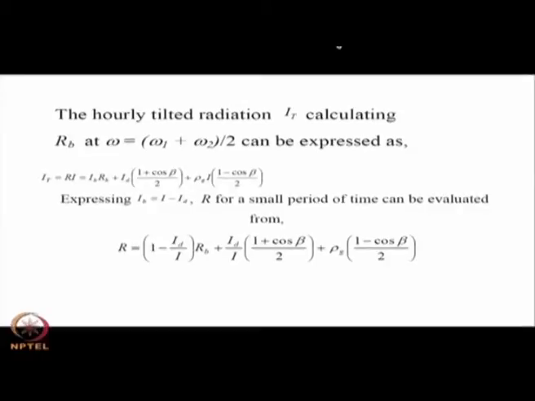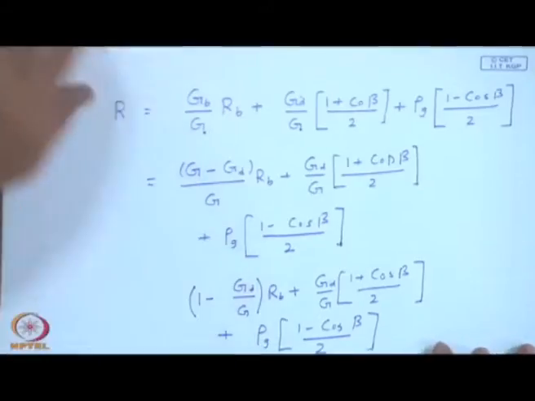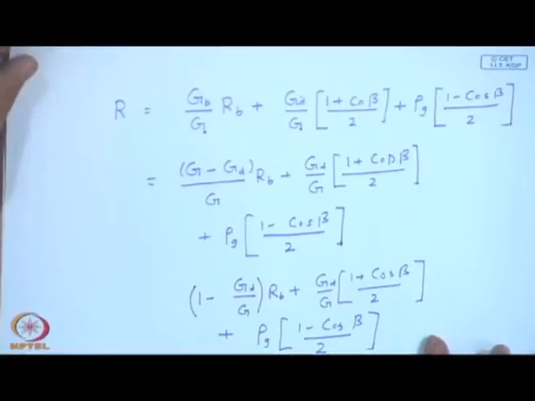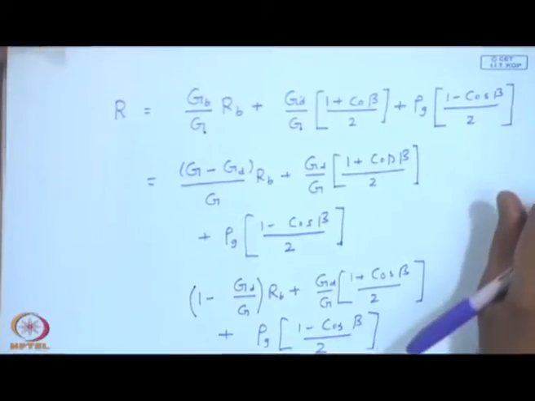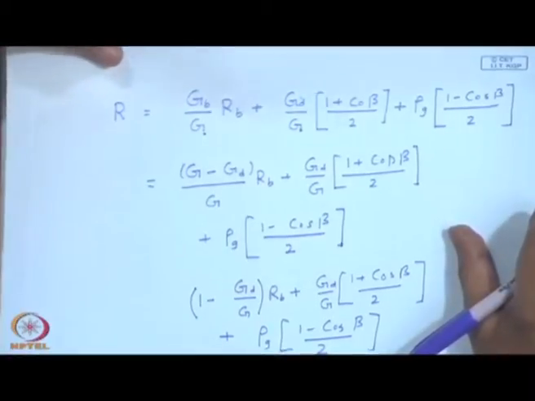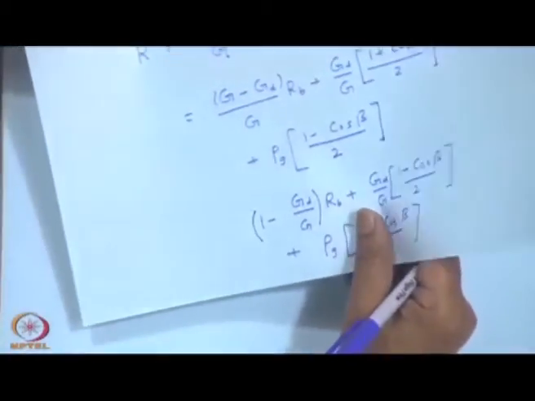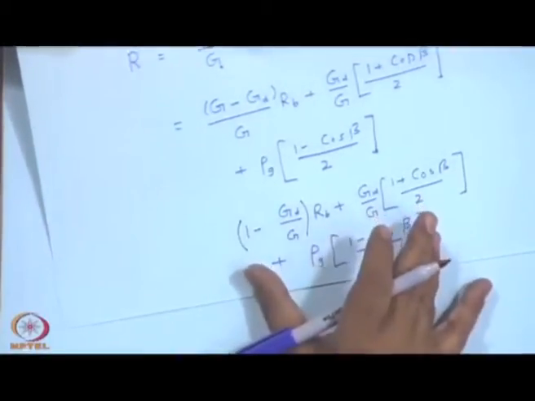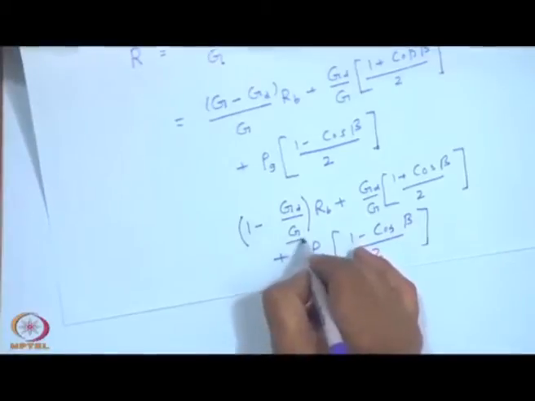Now, what I am finding out is that this is a ratio of only G D by G. Now, you realize why we spent some time in generating the correlations for I D by I. Though I D and I are separately required, given I, everything we try to write in terms of a diffuse fraction ratio, which we know can be calculated knowing I.